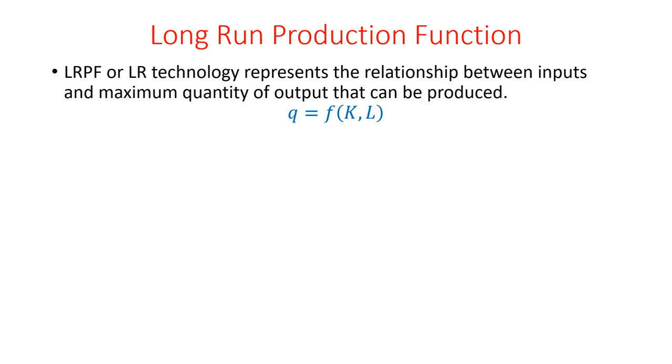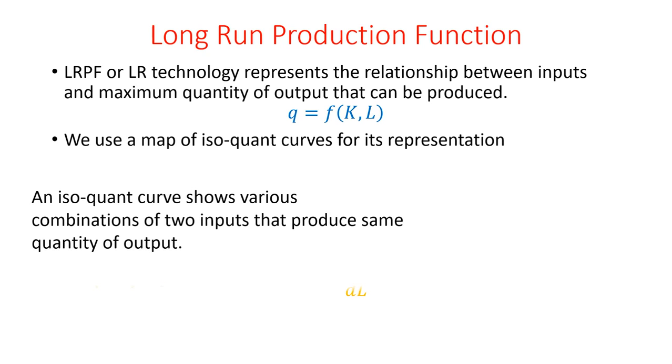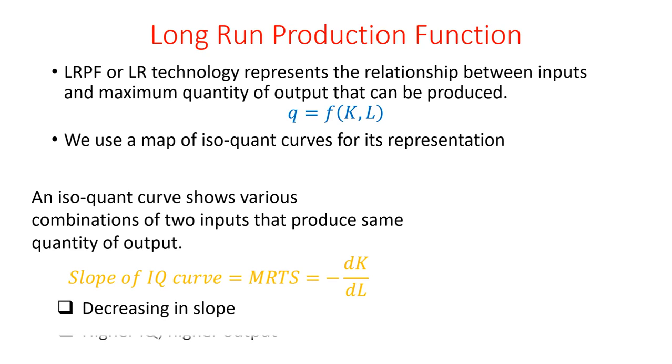An iso-quant curve shows various combinations of two inputs that can produce the same quantity of output. The word iso means same and quant is for quantity. So on an iso-quant curve, the output quantity remains fixed. This is represented as